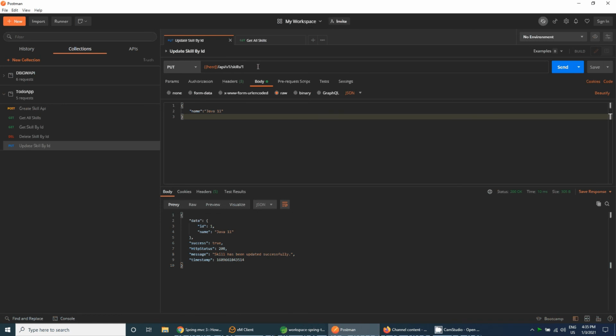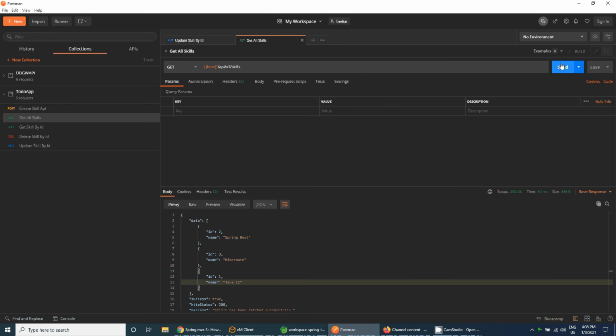So first of all, let's check get all the skills, which means we will be able to know which of the IDs are existing till now inside the database. So let's send the request and we have 1, 2 and 3 ID. So if I am passing any ID more than 3, then it should send me the proper response that skill does not exist instead of throwing any exception.